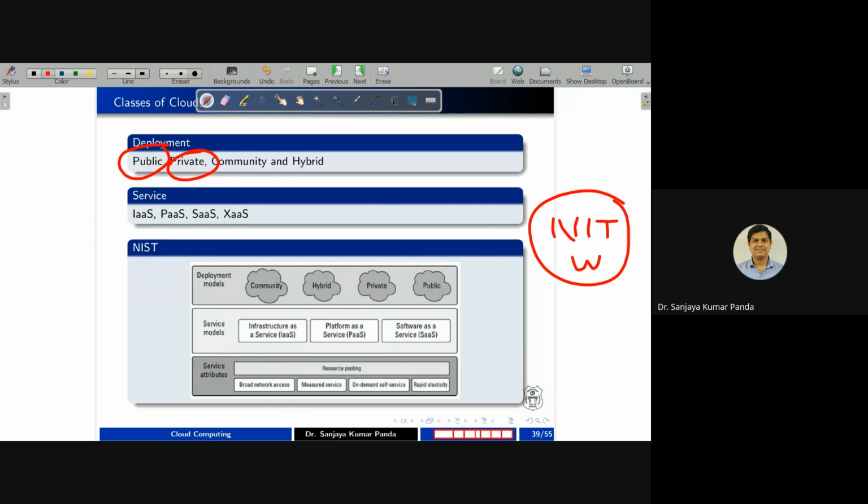Private cloud can be categorized into 2 parts. It may be off premises, it may be on premises. If you are maintaining your own cloud and hosting your own cloud, we call that on premises. It is within your campus. But off premises means somebody else is maintaining your cloud. Like most organizations, they are using an email service similar to our Gmail. In that case, we are going for off-premises cloud. Google is maintaining it for a particular organization. So that is called off-premises private cloud.